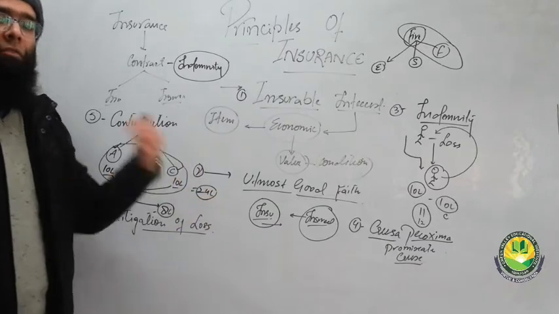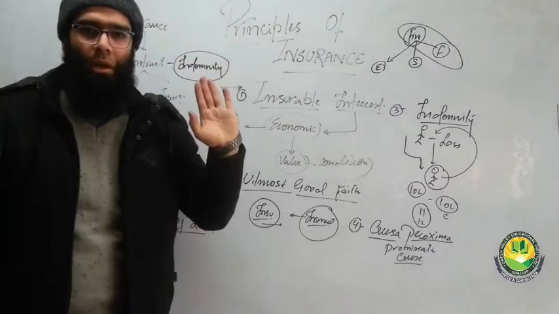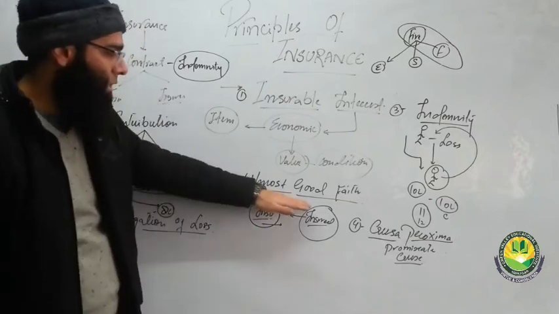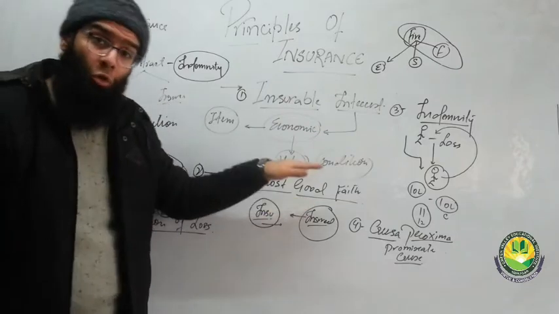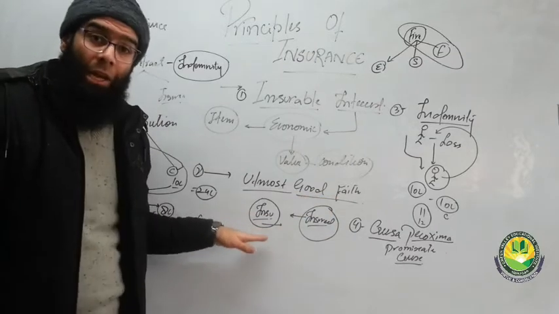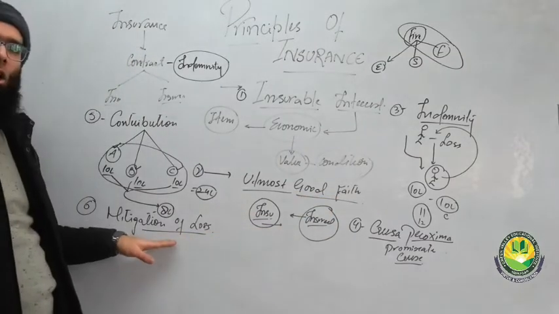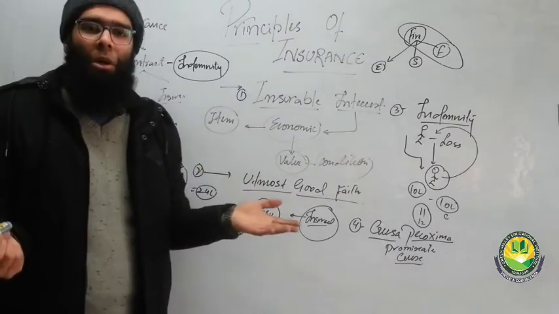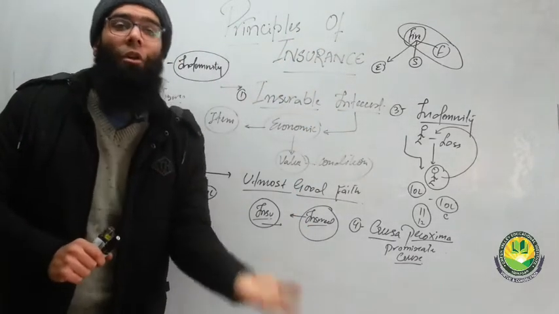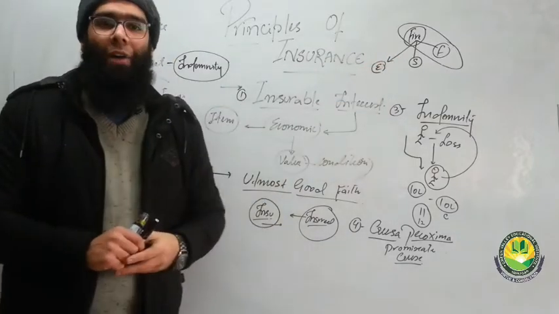It is not that I have insurance and I will let loss happen because I am insured and I will get the compensation. No, it goes against the principle of utmost good faith. You did not come up to the faith of the insurer. He entrusted you that you will mitigate the loss, but you didn't take any step so as to reduce this loss, so as to reduce the frequency of causing this fire.